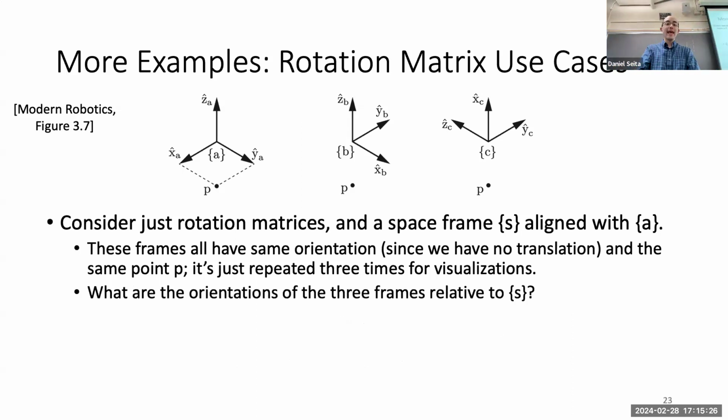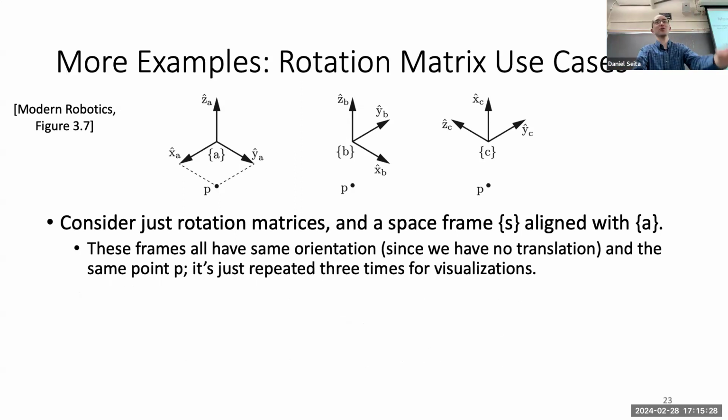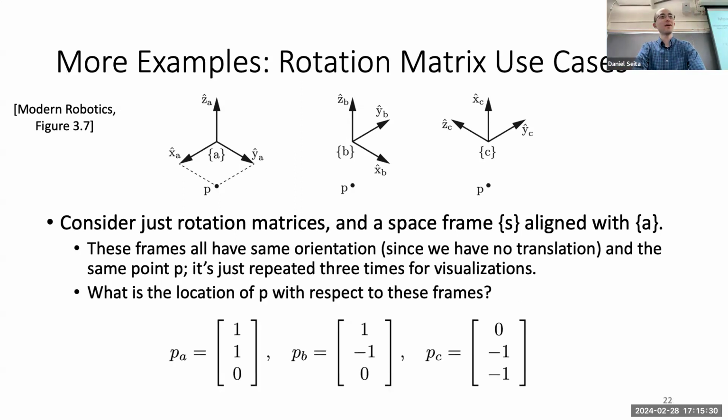What are the orientations of the three? Oh, yeah. Question. I'm not very sure where the point P is located in the frame. Which of the 3 frames are you thinking about? The second one. Okay, yeah. So, all right. The way to think about it is